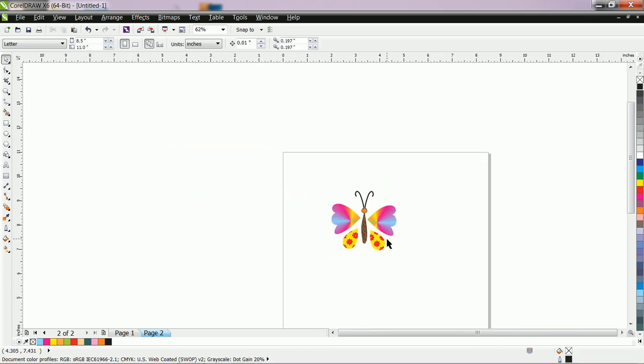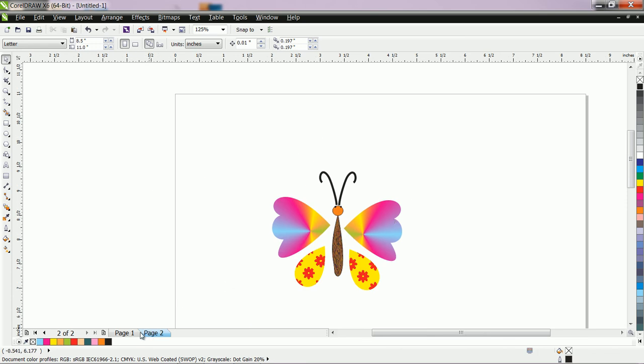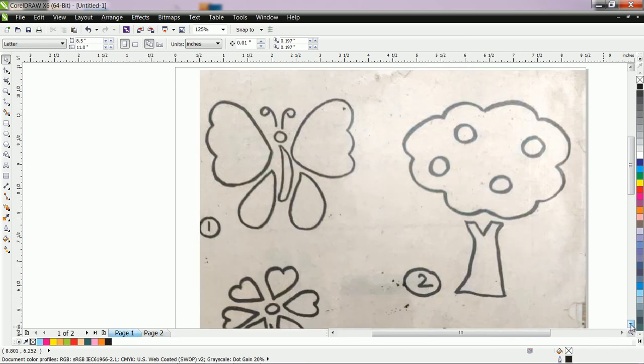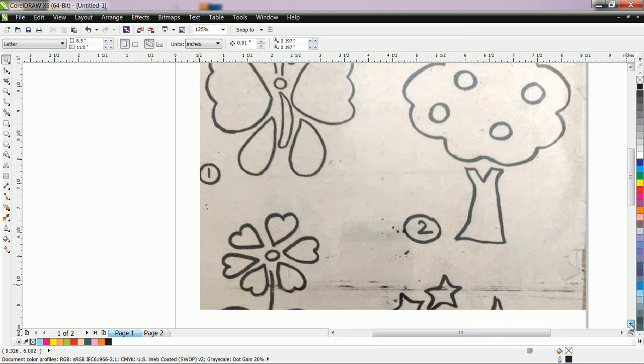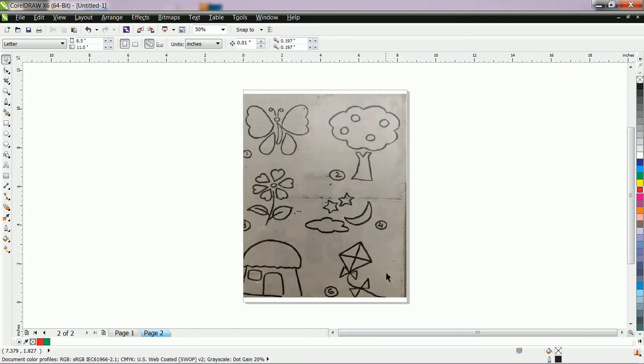Like this you can create a simple drawing. Now like this you can also create a tree. Okay, you can also create this tree, and then we will see how to create other part. But this is an assignment for you, how to create, you have to create this shape, then after that this fruits, and then this part of tree. Okay, draw this kite and this flower. In last lecture we have drawn this butterfly. Like this you can easily draw this tree and this star.